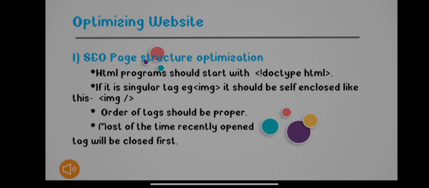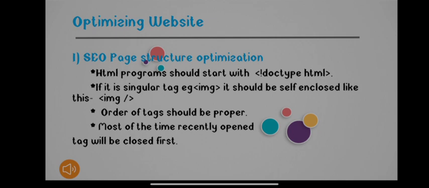Next, the order of tags should be proper. Most of the time, the most recently opened tag will be closed first. It is very important that in whatever order we open the tags, they should also be closed in the proper order. It is compulsory that we close the HTML tags. For example, I am opening a body tag, after that a table tag, after that an image tag.